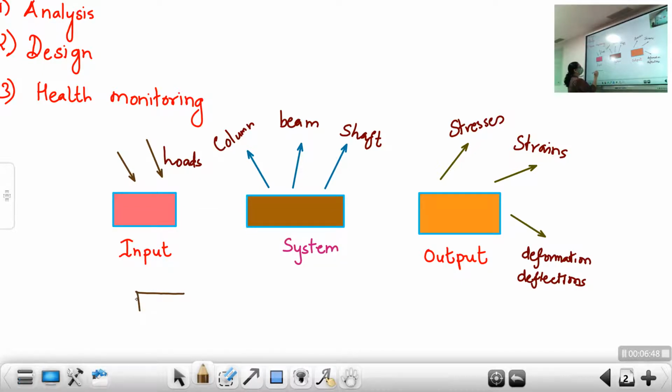Say this is a beam, and the loads may be given on the beam, say 10 kilonewton per meter and so on. The length will be given, 3 meters. So the system is there, the system is a beam. The loadings are given to you, and you may ask a question: find bending stresses.